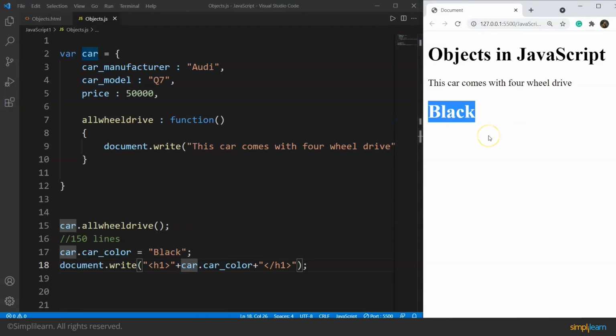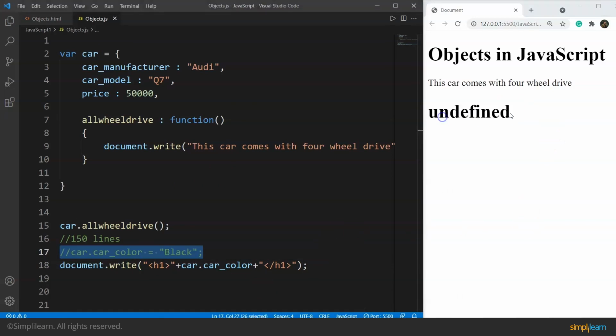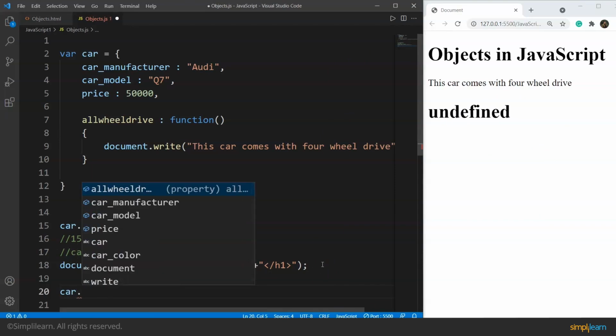So this is now a property of the object car. And if we comment this line, let's save this now and see. Here you can see it says undefined. We can add more properties similarly. If we want to add another property, we can write car dot and the property name, whatever property we want to add.